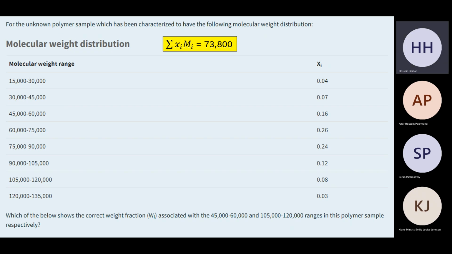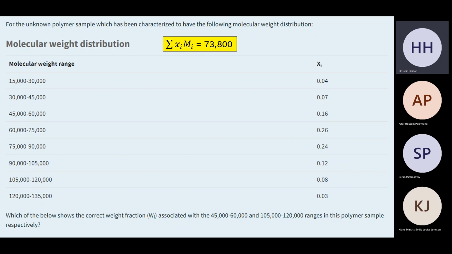Now here you've already calculated the number average. You're now trying to figure out the weight fraction. Okay, so how do we do that? We're going to find the weight associated with each subpopulation and divide it by the overall weight. So how do I proceed with this then? How do I find the overall weight? We can take the middle point of each molecular weight range and multiply it by the frequency. Yeah, the number fraction. Yep. And then divide it by that.